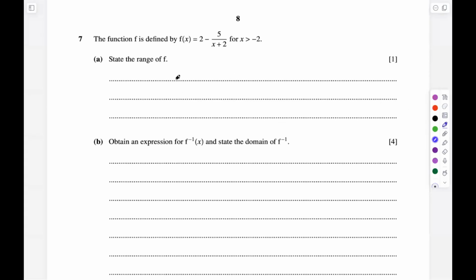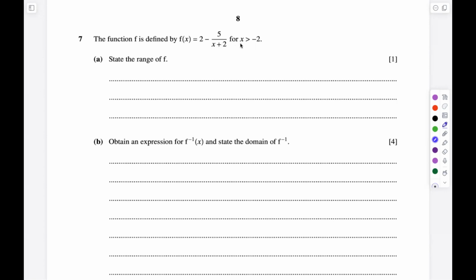Question 7. The function f is defined by f of x equals 2 minus 5 upon x plus 2 for x greater than minus 2. In part A, we have to state the range of f. Now, as x is greater than minus 2, whatever value of x we substitute over here, we take 2 minus 5